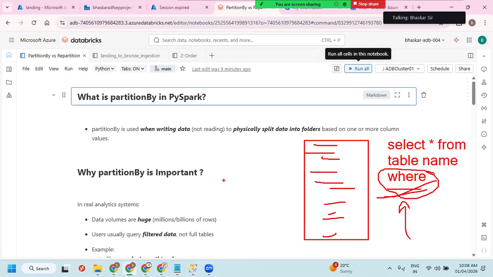You'll be having multiple part files like part1.parquet, part2.parquet, something like this. So this may have one month of data, and this one will have one month of data, and the other file is also having one month of data.